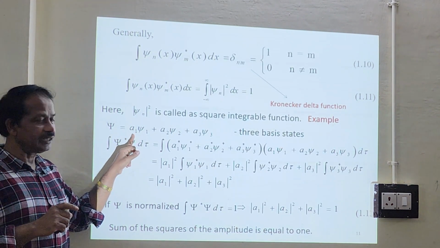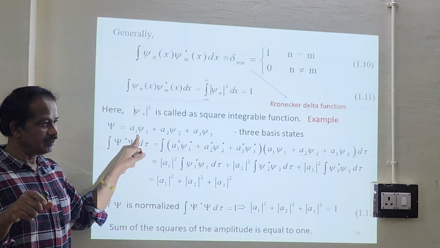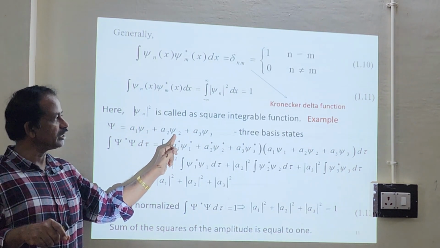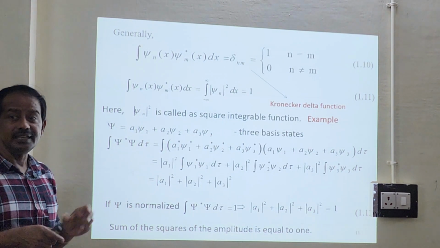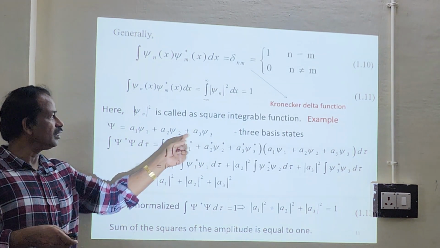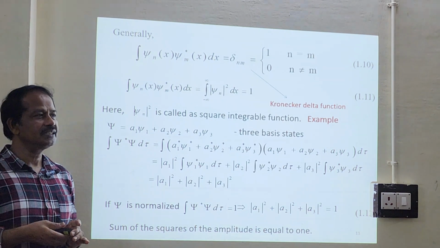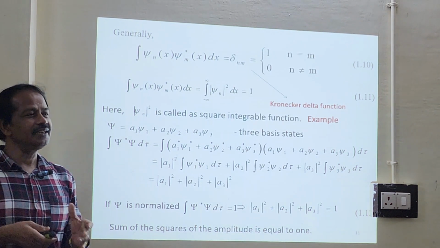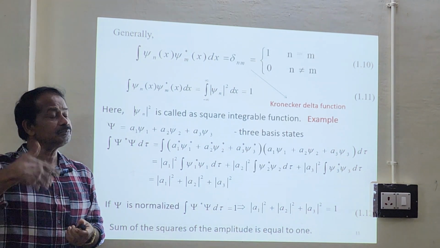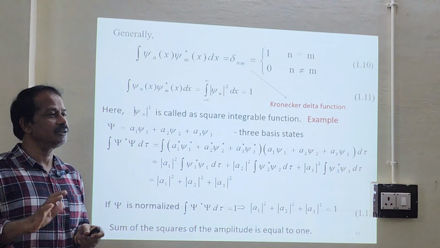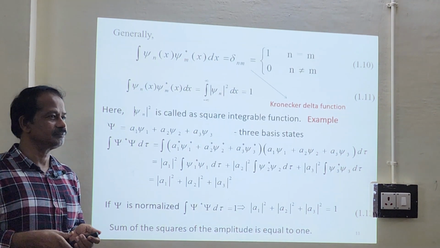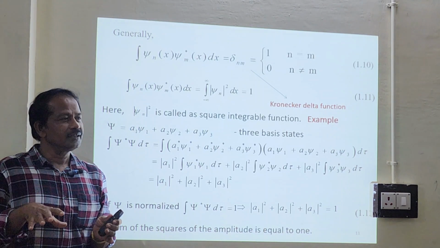So capital Psi equal to A1 Psi 1, which is the basis for the first particle, plus A2 Psi 2 plus A3 Psi 3. They are all a linear combination of all the wave functions. Linear means the transformation from one state to another state will be linear. The transformation. For example, if